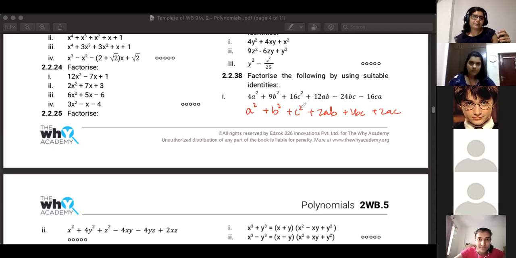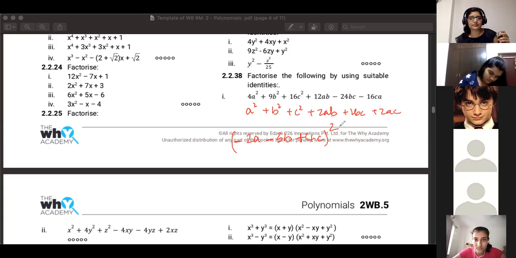But what are A and B? They are for sure not going to be 4a and 9. Yes, ma'am. A is 2a, B is 3b, and C is 4c. Awesome. And yeah, Swayam got it. Very good. So one thing, Ashka, you mentioned is these two are negative and these three are positive, right? Yes, ma'am. Perfectly right, valid answer. The answer Swayam gave was (2a plus 3b minus 4c) whole square.